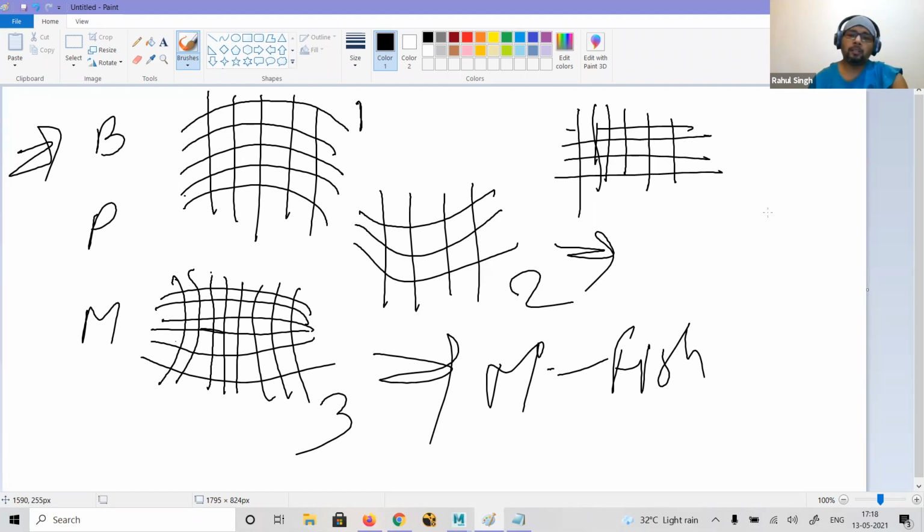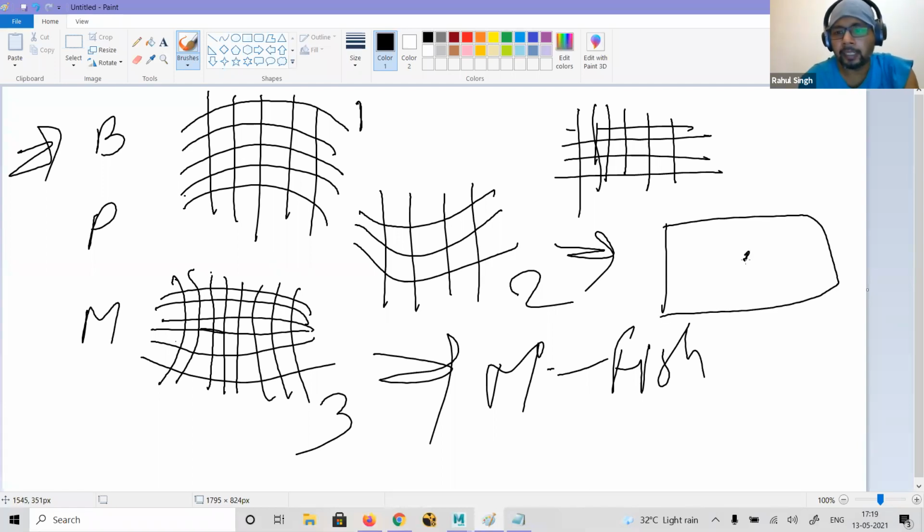Now, the basic funda is that if your image is this, this is the center. From the center, the more you go away, the more distortion you will get, if lens distortion is there in the image. When pin cushion and barrel are present in the image, they work mathematically as a quadrant, meaning they increase 4 times from the center.